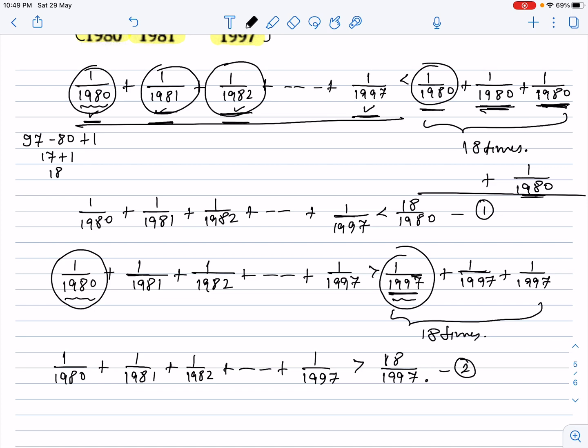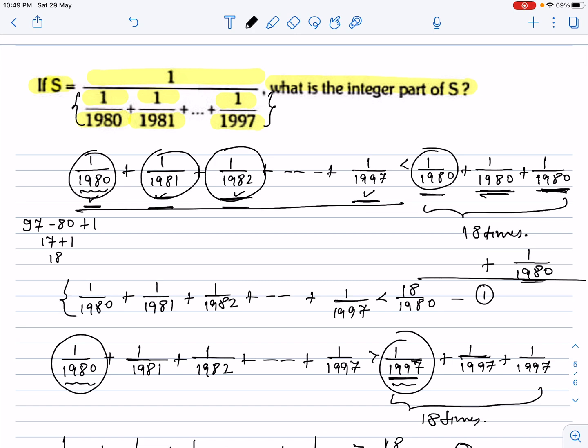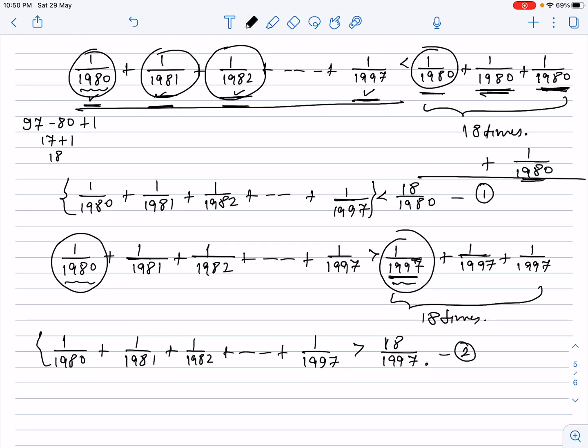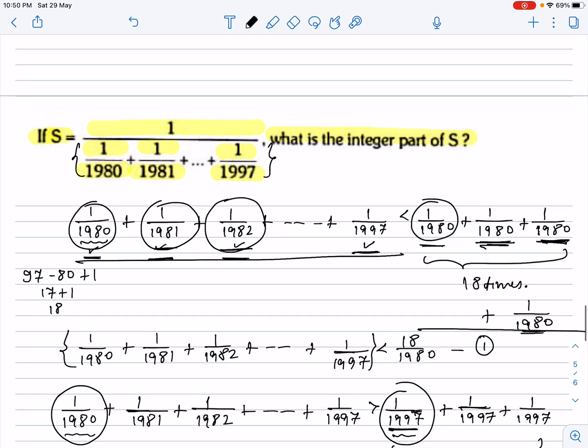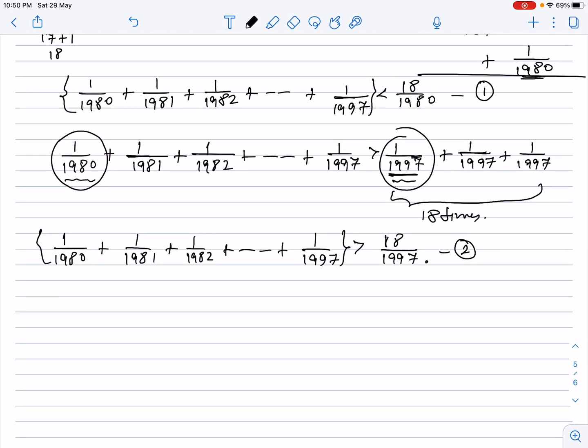Now how would the inequations be varying? Like guys, 1 upon this thing. This is the denominator we were talking about. Here also the same denominator we were talking about, and 1 upon this denominator is the s value we are knowing. So what should be written by me? When I go to talk about the s value, I'll be going to reciprocate 18 upon 1980 and 18 upon 1997. So how should it be written? 1980 divided by 18.